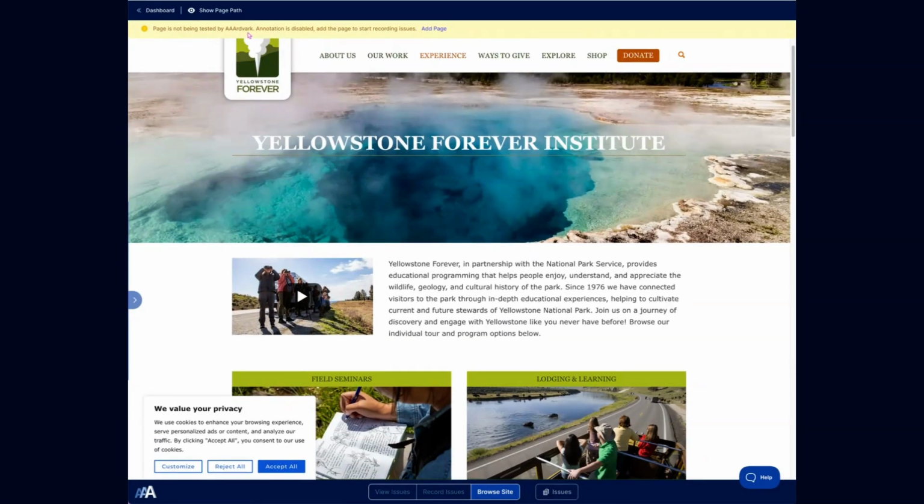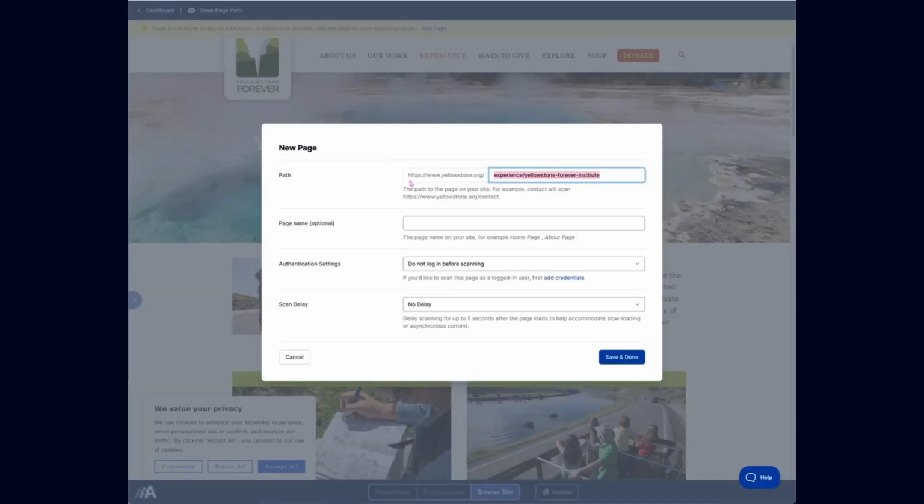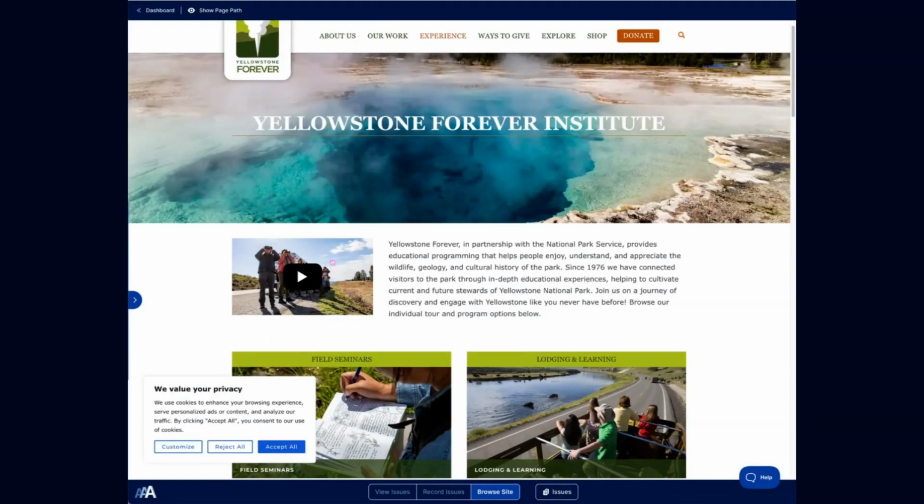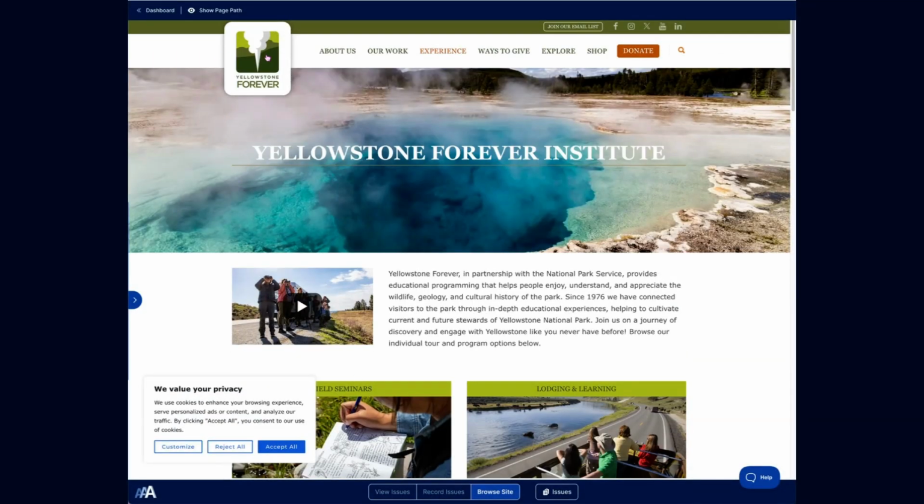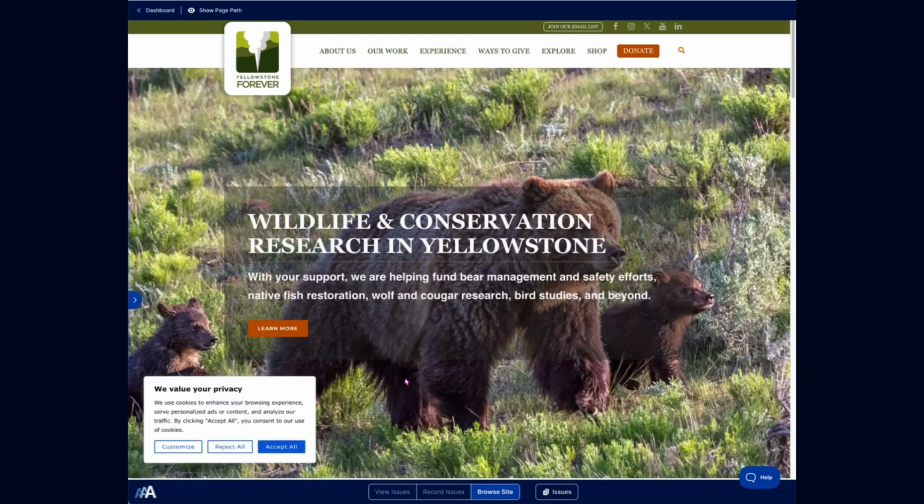once we navigate to this page, it'll say, oh, this is not being tested by Aardvark. Do you want to add the page? And then you can click add page and be like, yep, add page. Next time we scan, make sure to include this page. Alright, so then going back to the home page, I wanted to show you the last tab, which is the